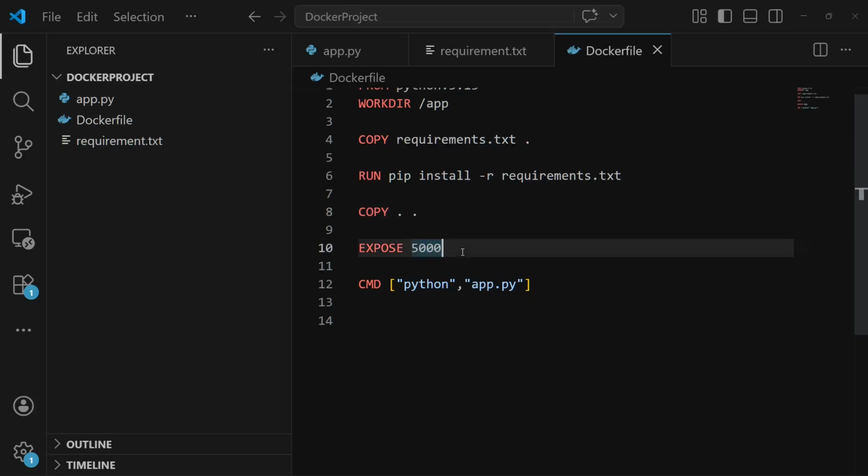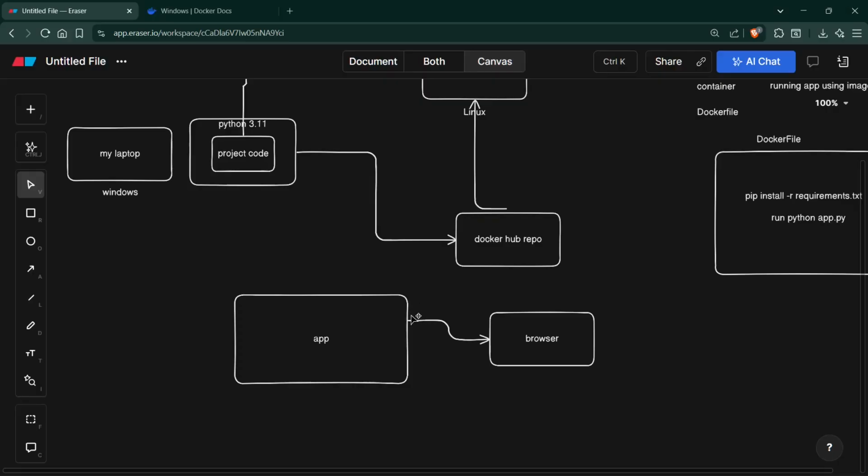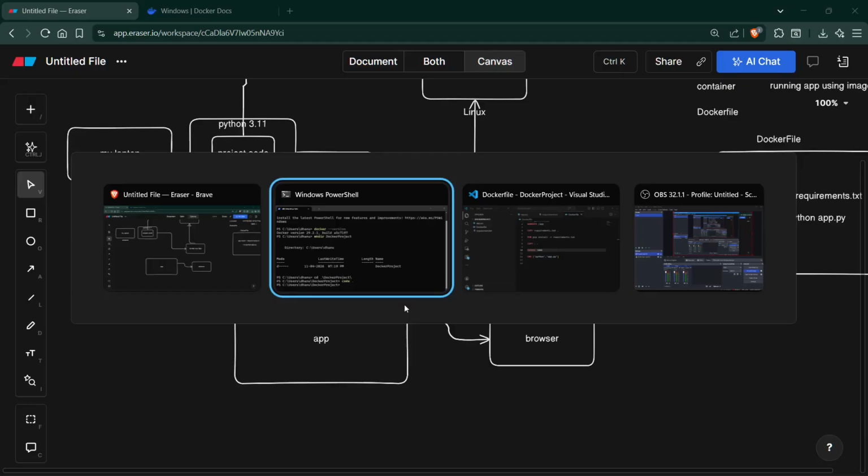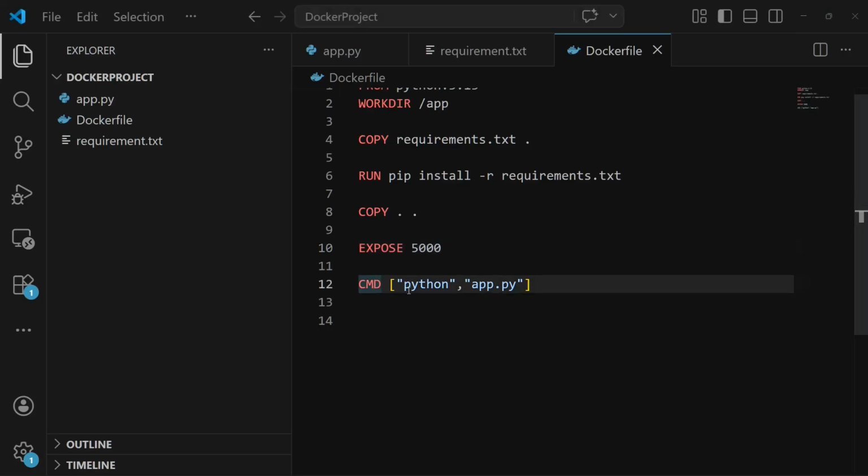Next, we are exposing 5000. I mean, we're just opening one port here. Let's consider this port as 5000. Only then my browser can connect to it. Next, we are using the command python app.py. So once you use this, what happens?